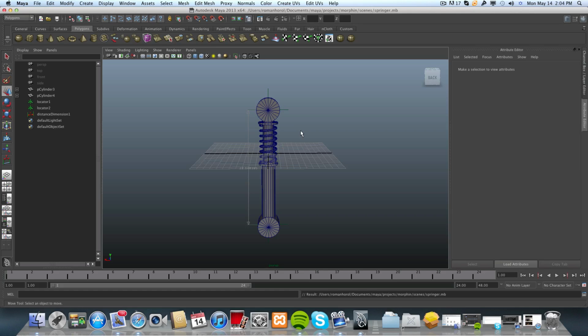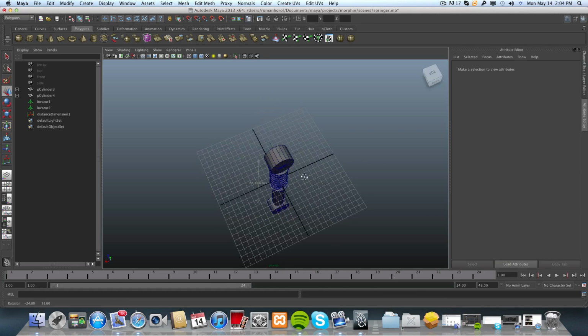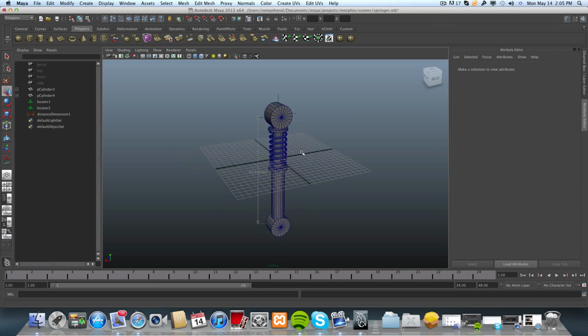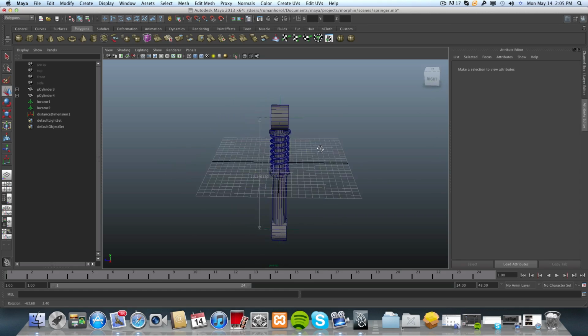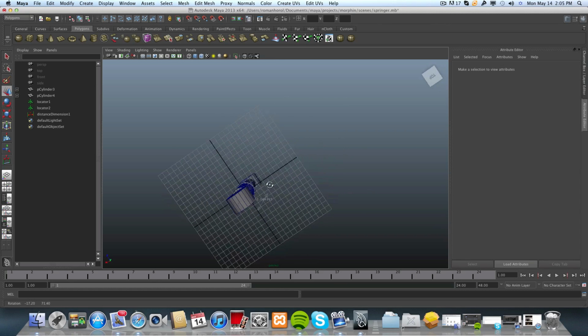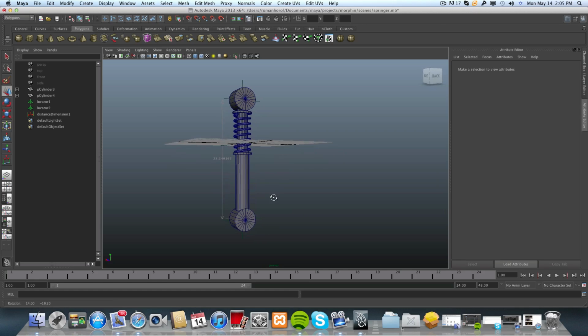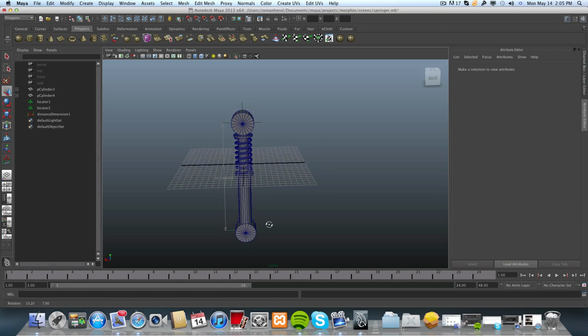Alright everyone, welcome back to the third part tutorial, and this time we are going to continue with what we have already done. As I told you before, at the end of the second part we are going to attach those locators to those pistons. Now, in order to do this, we first need to open the window